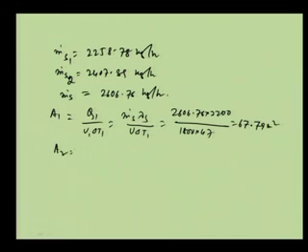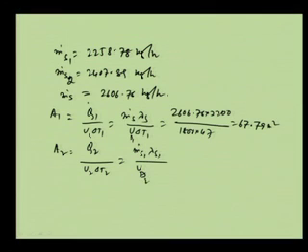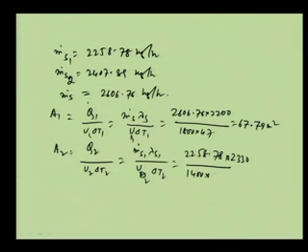And A2 is equal to again Q2 by U2 delta T2, and that is equal to m dot s1 lambda s1 by U2 delta T2, and that is equal to 2258.78 into 2330 by 1400 into